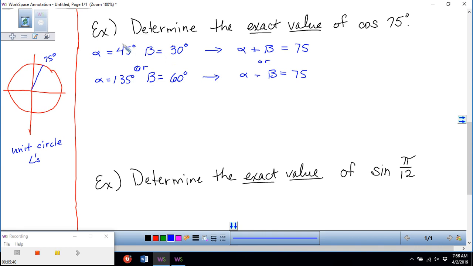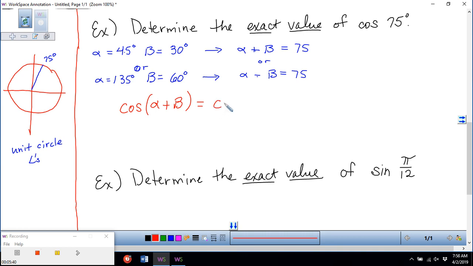So I'm going to use the addition ones just because it's a little bit more straightforward. It's the one that came to mind first. So because I'm using the addition ones, 45 plus 30 equals 75, that means I'm going to use the addition formula for cosine, which is cosine of alpha plus beta